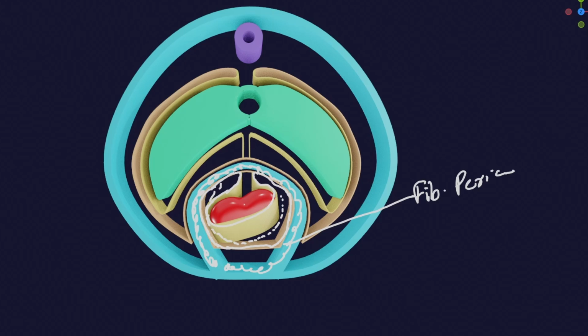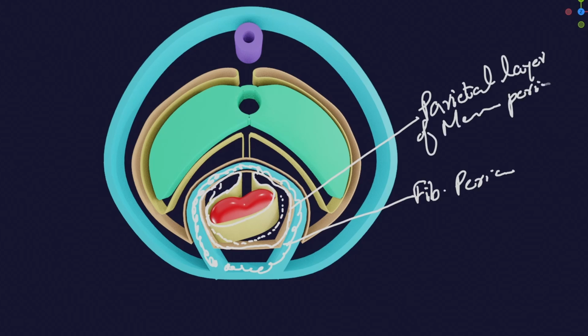So initially that pericardial cavity was huge, it was humongous, but now it has become very small. Now actually this layer that was formed by the intraembryonic somatic mesoderm is called the parietal layer of pericardium, parietal layer of membranous pericardium, because there is that fibrous pericardium. So to differentiate it from the fibrous pericardium, this is called the parietal layer of which pericardium? Parietal layer of membranous pericardium, because it's a smooth membrane. And this other layer, this inner one, is the splanchnic layer, and it is also called the visceral layer. So this is the visceral layer of